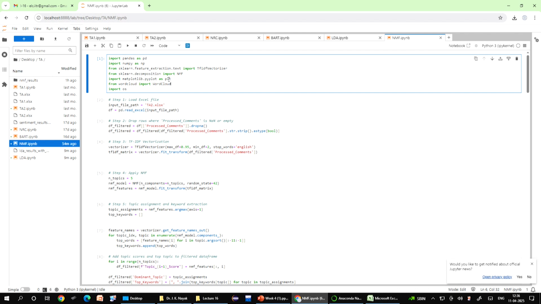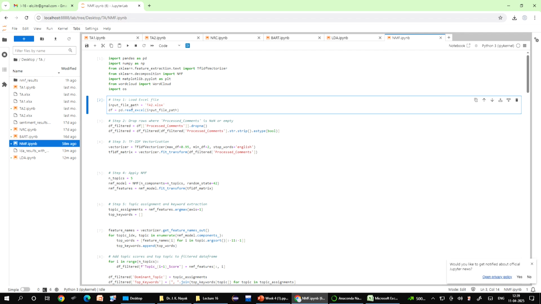The next line is import matplotlib. What is its purpose? To create plots, for example line plot, bar chart, scatter plot, histogram, all these things. Then from wordcloud import WordCloud. Again the use is almost the same as you have done. It will help you make a word cloud, and what a word cloud is we have discussed in the LDA class. Next is import os. This imports Python's built-in os module, which provides functions for interacting with the operating system, such as working with file paths and